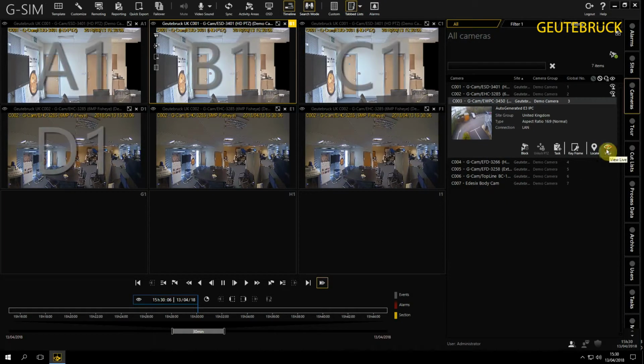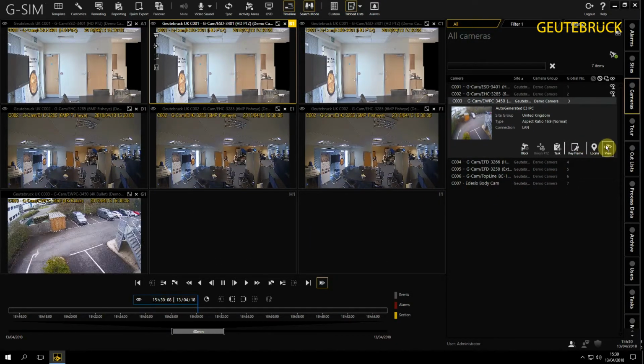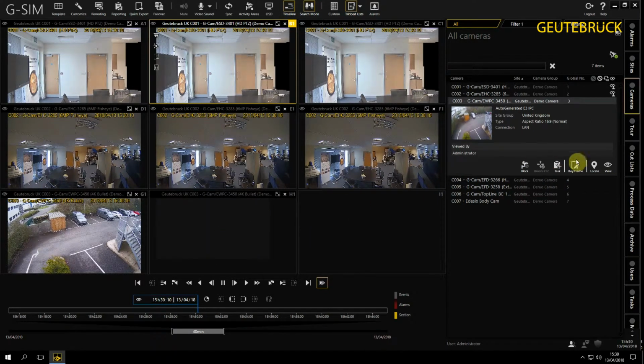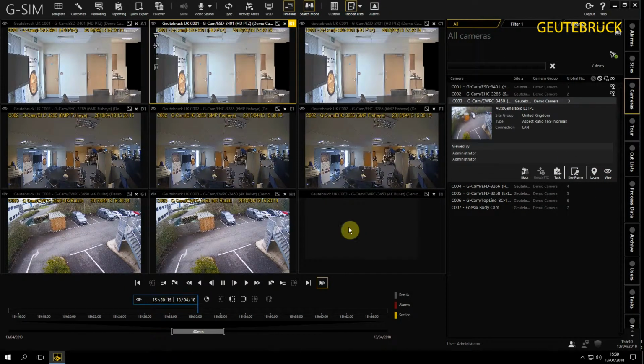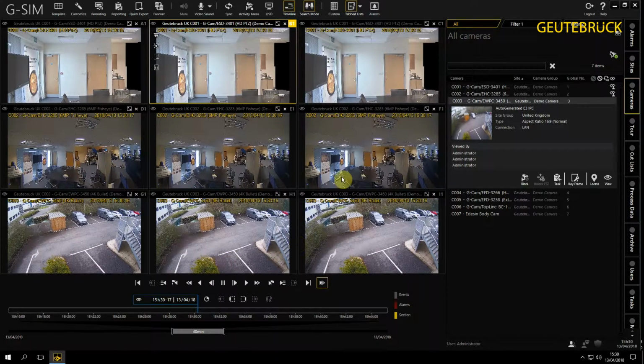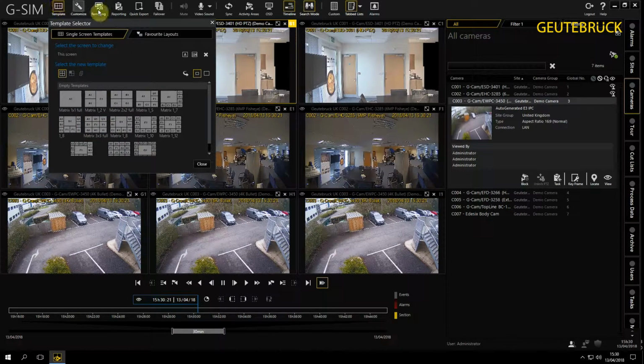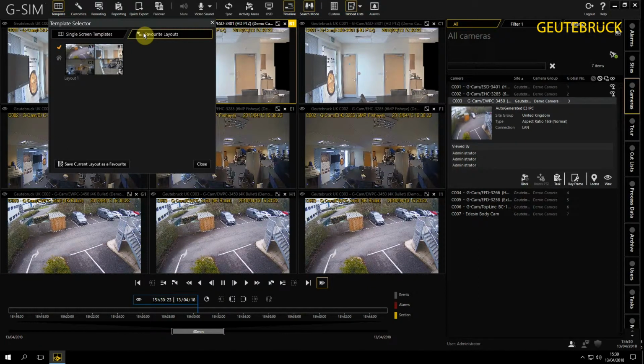Again, I'll use the view option, click and then select my viewer, and again save this as a favourite, go into templates, favourite layouts, save current layout as a favourite, give it a name, and then